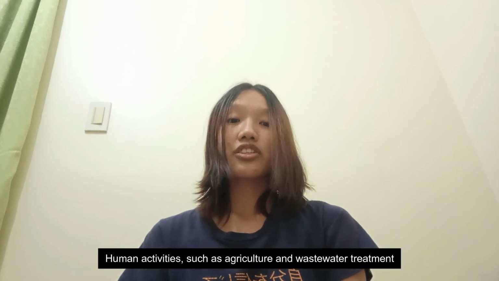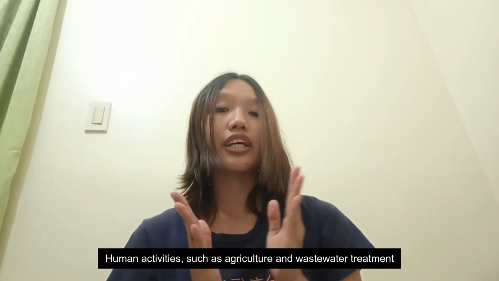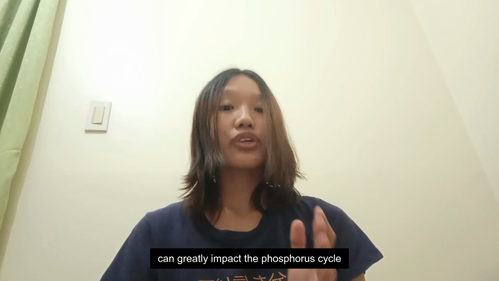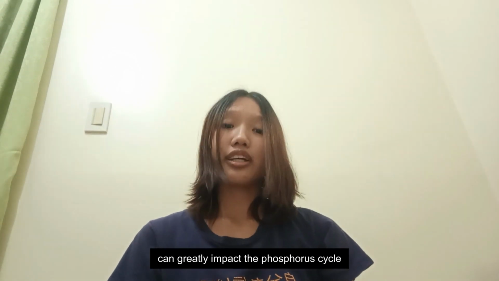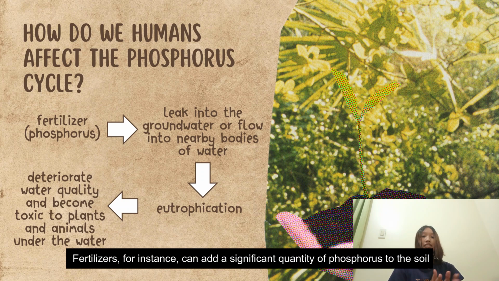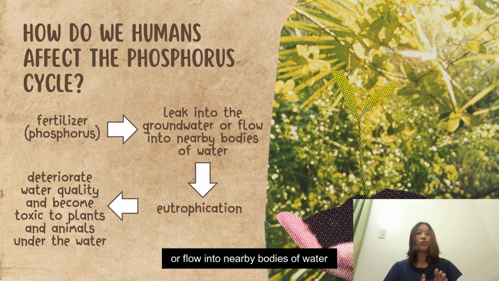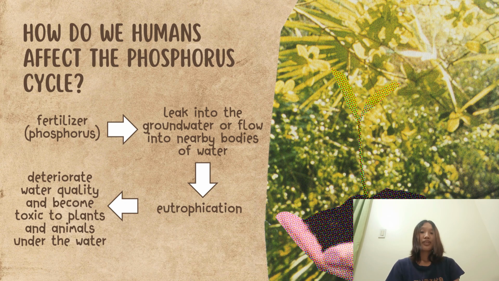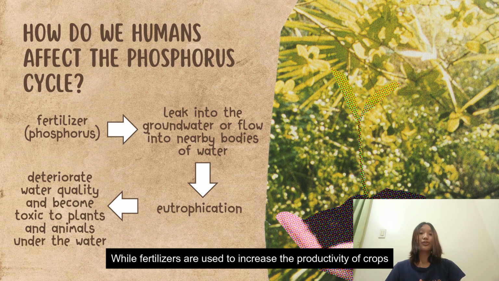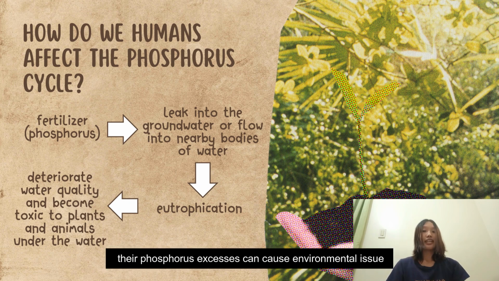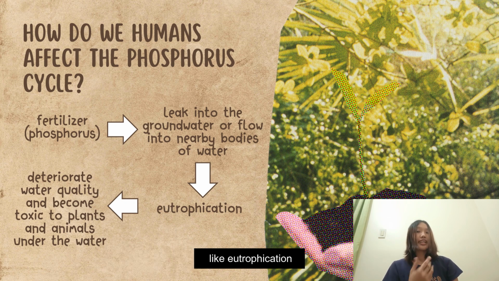Human activities such as agriculture and wastewater treatment can greatly impact the phosphorus cycle. Fertilizers, for instance, can add a significant quantity of phosphorus to the soil, which can later leak into the groundwater or flow into nearby bodies of water. While fertilizers are used to increase the productivity of crops, their phosphorus excesses can cause environmental issues like eutrophication, which